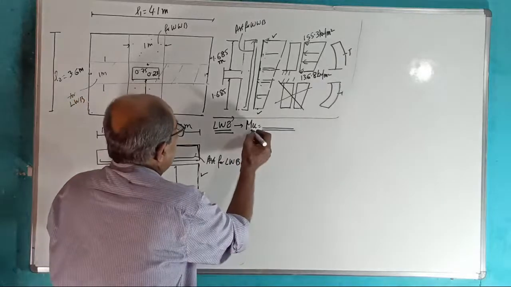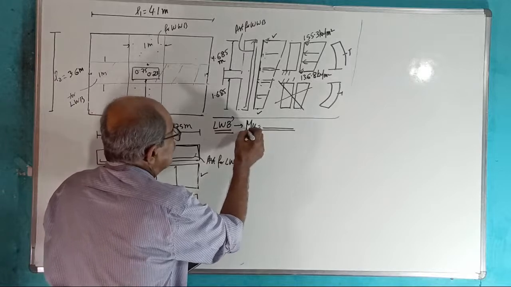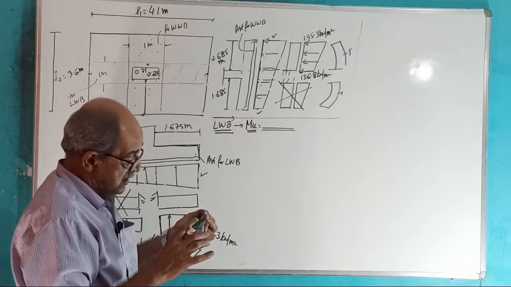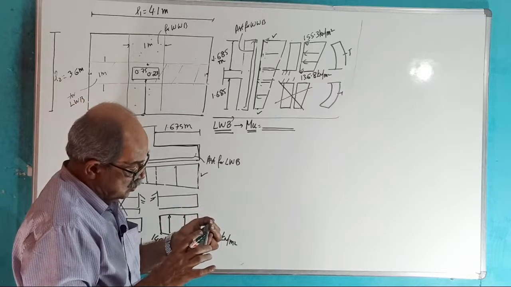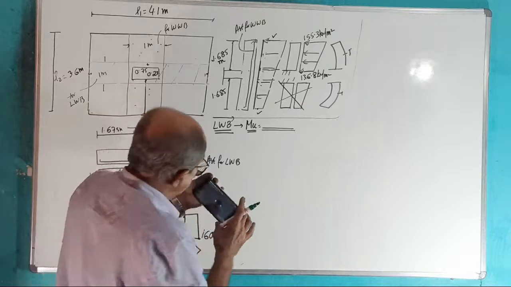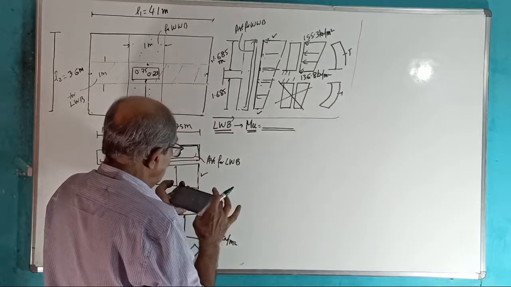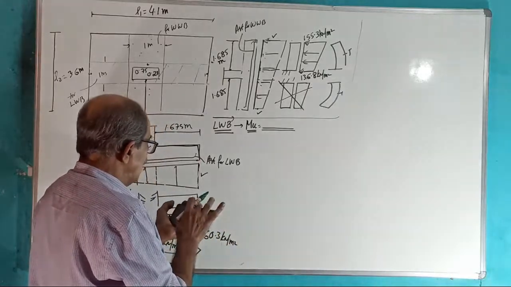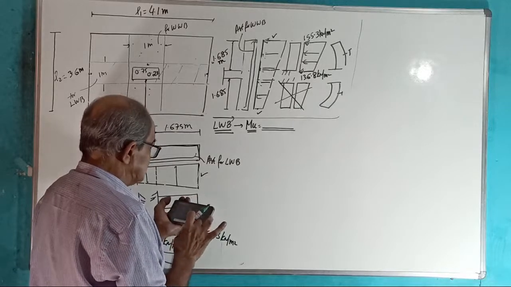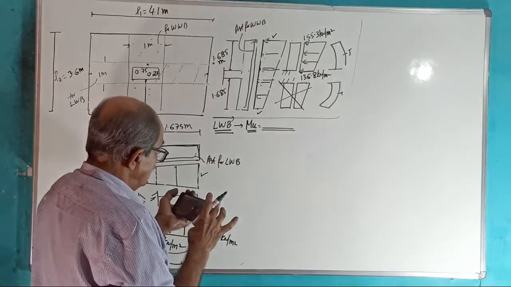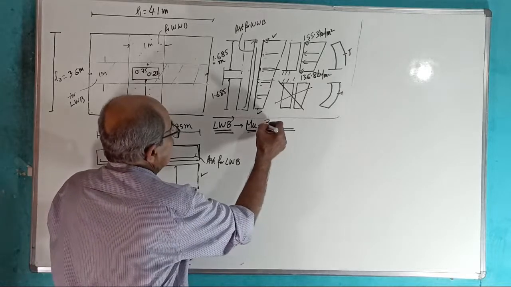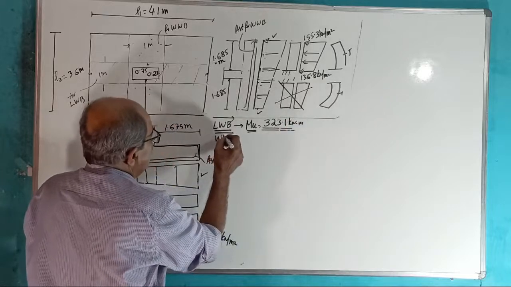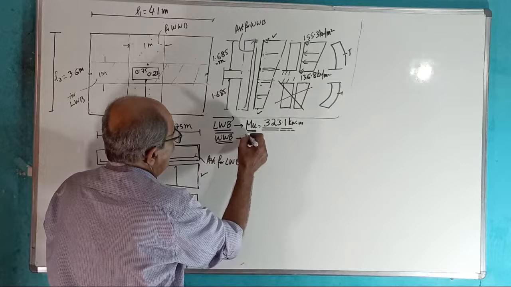I want factored value. Lengthwise bending, MU means factored. I should not tell. MU, lengthwise bending. I can see 320, not visible properly. Light problem. Brightness problem. See, these all should have been avoided if you had given me the correct answer. You have unnecessarily wasted time. 323.1 kilonewton meter. And for widthwise bending, your MU is,